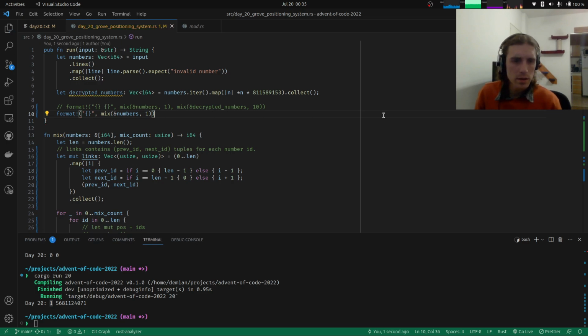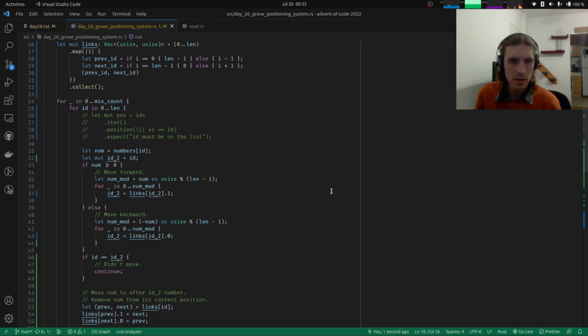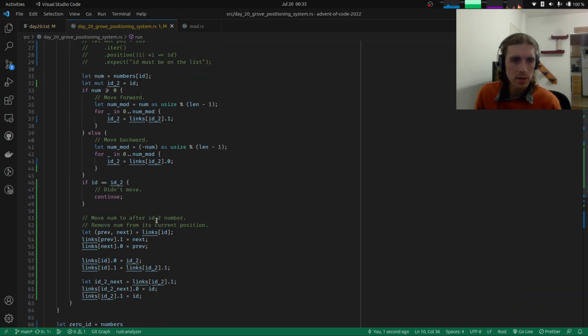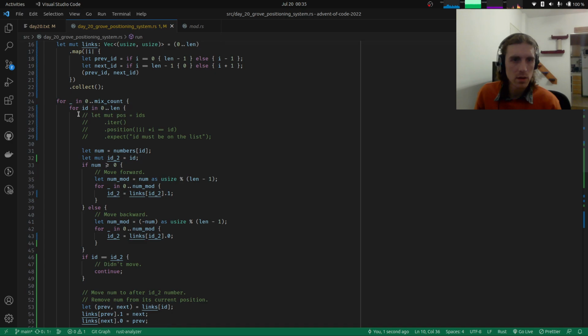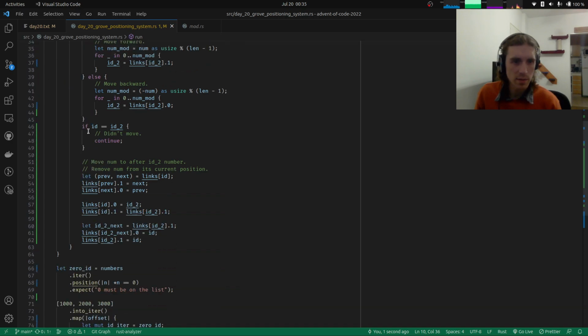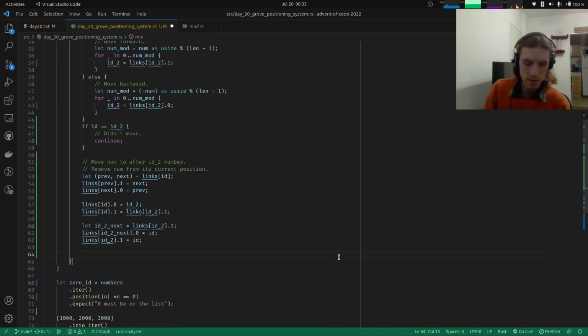Let's just do this. Let's add some printing after the mixing of each number. So println, let's say mixed. And well, let's print something here. So it's going to be numbers of this ID,